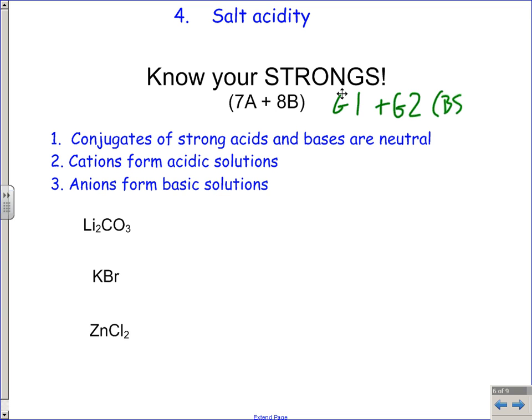That's why this is rule 2 and 3 here. Cations form acidic solutions and anions form basic solutions. Remember, rule 1 trumps rule 2 and 3 with these. So if we throw a salt in water like lithium carbonate, first thing we need to do is evaluate our